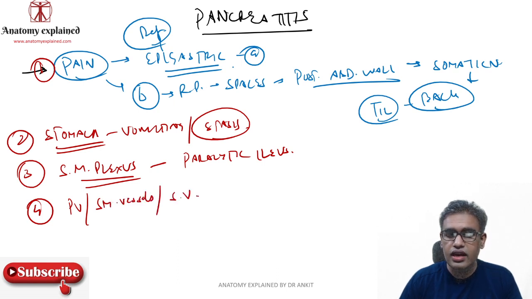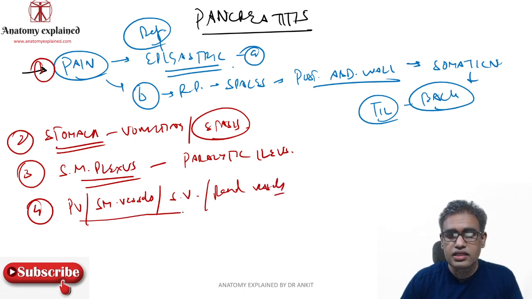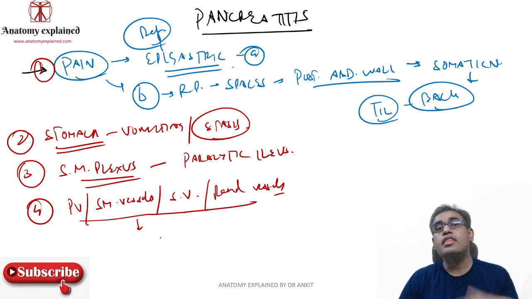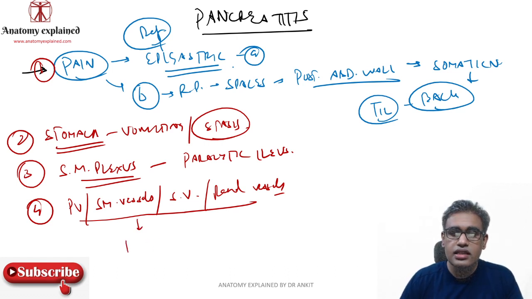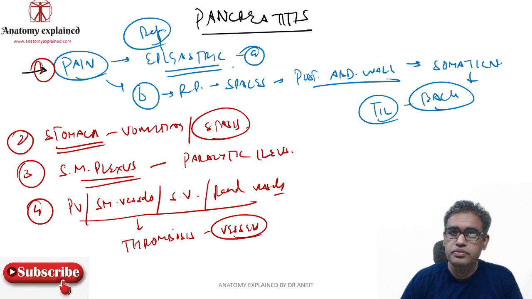You have the splenic vein lying behind. You have the renal vessels lying. All these are the structures which are lying behind the pancreas. So when there is inflammation or a hemorrhage or things are complicating in the pancreas, they could all lead to the thrombosis of any of these vessels. Remember how difficult the situation could be. It is just around the anatomical relations.